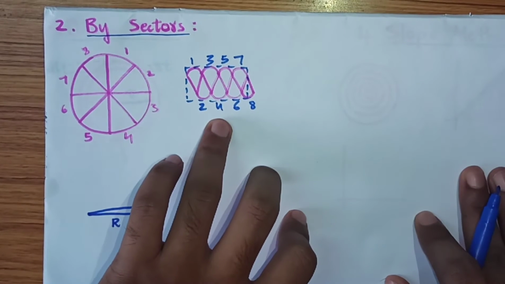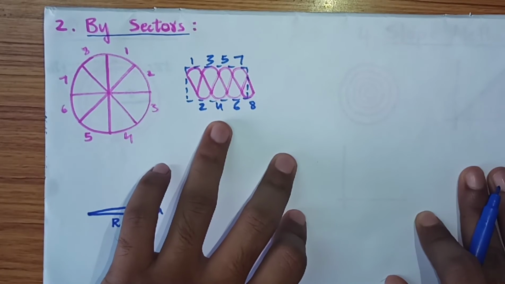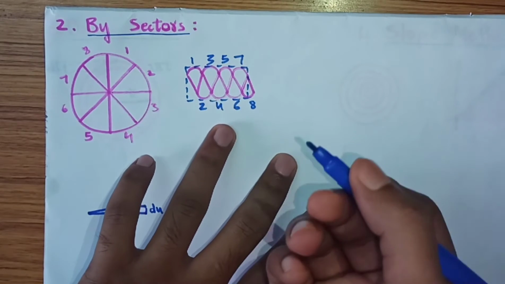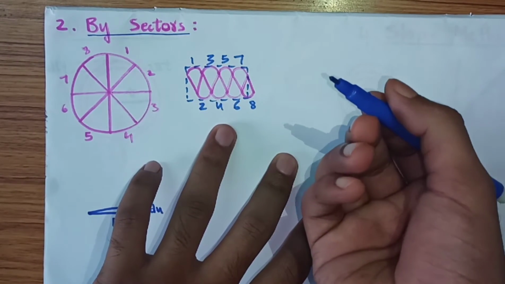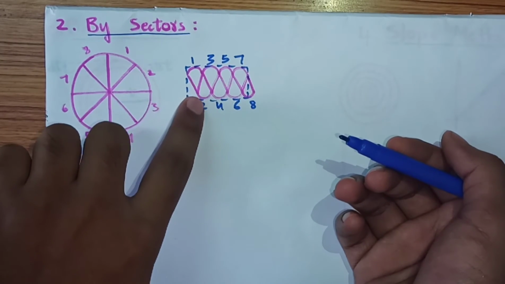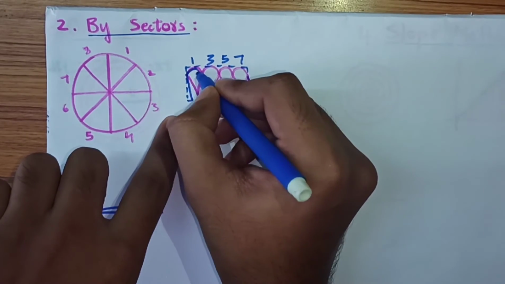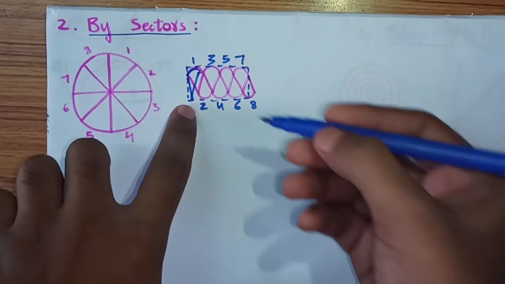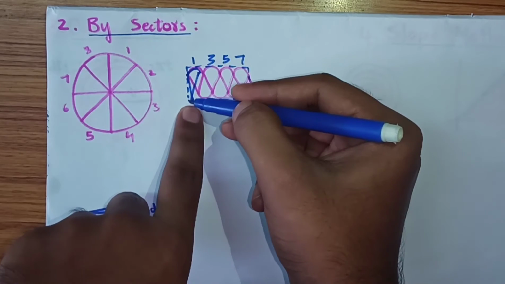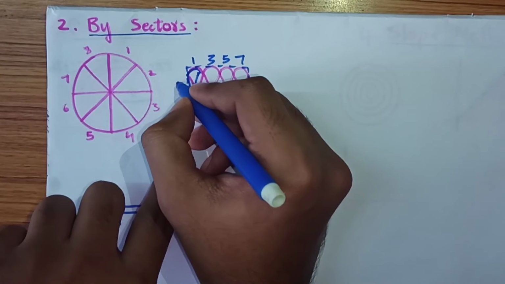You all know the area of this shape, parallelogram or rectangle, is length into breadth, or the product of two adjacent sides. You need to know what are the length and the breadth, or the two sides. You can see this sector has radius r. When you make this sector really small, the length side, or one of the sides, will be very much equal to the radius of the sector.